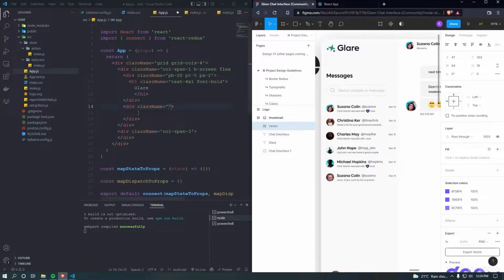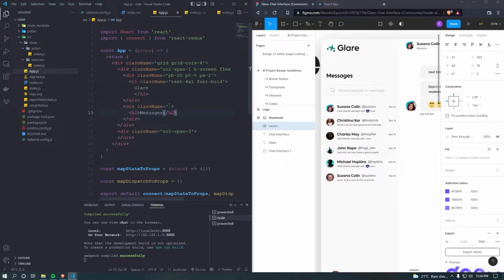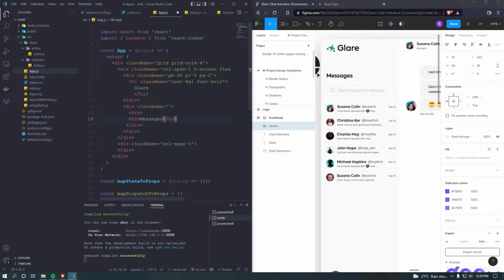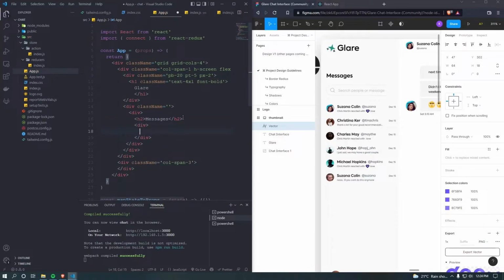We have messages, so if we will have any class, then we can say h maybe 2, and then we can say messages, and then we can place this one in its own div actually, so that we have messages and this chat, search chat here, and then we can create another div here, and then this one will have input of type text,